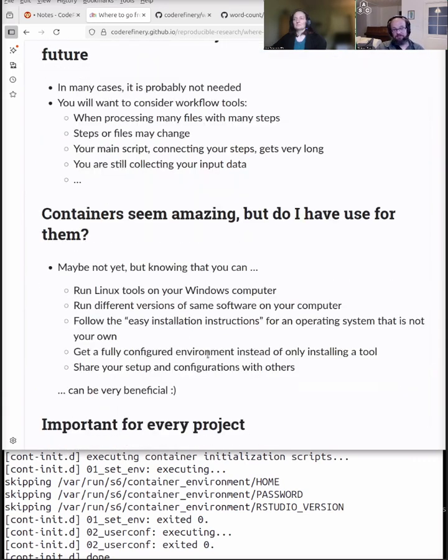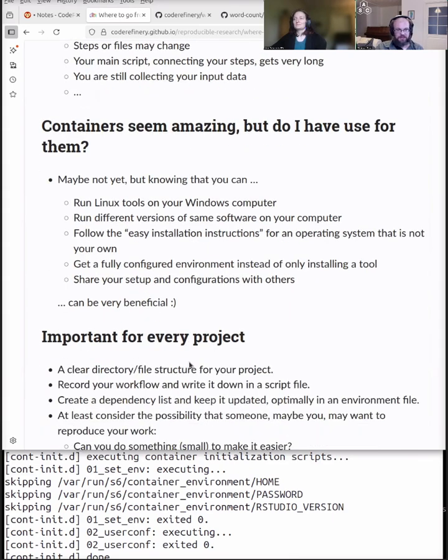Containers are sometimes amazing and sometimes really annoying because it's another level of complexity that you need to understand and that you need to be able to run. But on the other hand, sometimes you just can't get around using containers because the situation requires it, or it's so difficult to get something to run otherwise that the container complexity is a lot simpler. And you can run Linux tools on your Windows or on your Mac that weren't easily runnable otherwise. It might allow you to have a lot easier installation instructions, and you get a fully configured